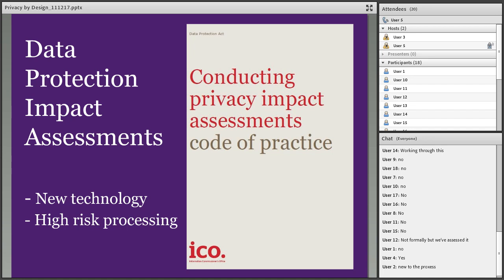Our GDPR guidance expands on what is likely to constitute processing that's likely to result in a high risk to individuals. But some examples, for this webinar's sake, include large-scale processing of quite sensitive data, which could be health information, or systematic processing that's likely to have a significant effect on the individuals involved. Our code of practice breaks down the process into a series of simpler steps, so I thought it'd be useful to have a look at these briefly and see what each step entails and why they're so important.